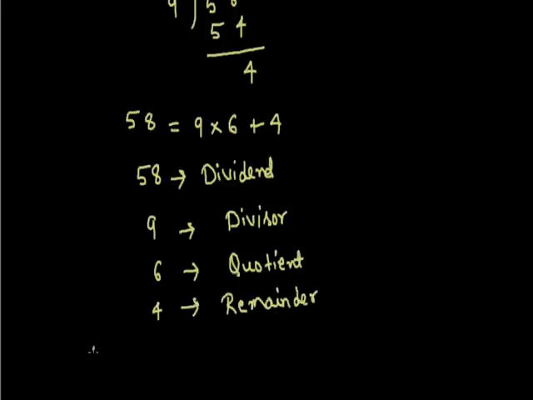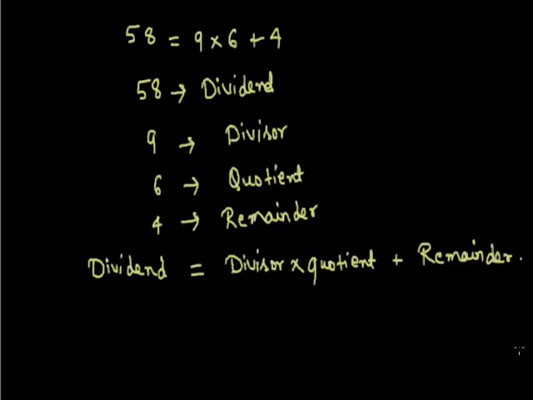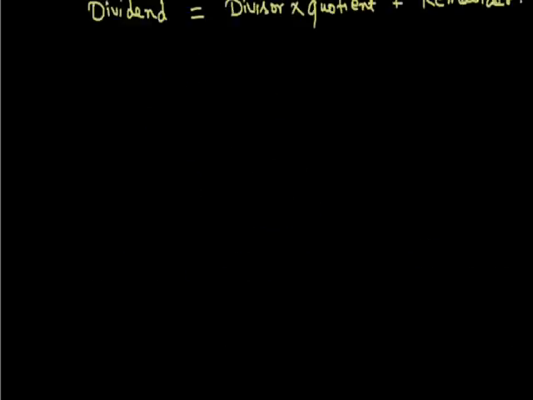So the division algorithm is dividend equal to divisor multiplied by quotient plus remainder. So Euclid division lemma depends on this division algorithm. So the statement for Euclid division lemma: